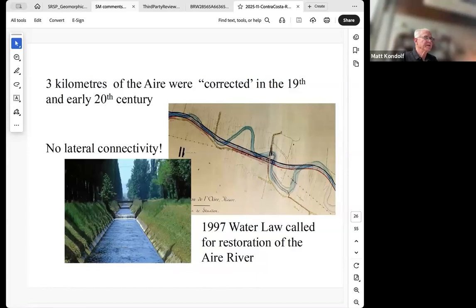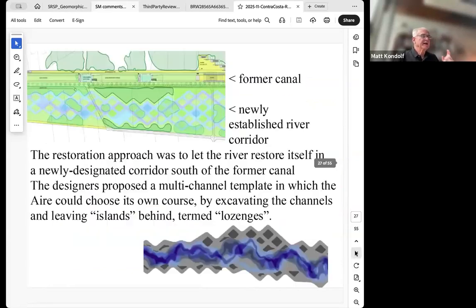So here's a view of the canal before the restoration project. The 1997 water law for the Canton of Geneva called for the restoration of the Air River, but it didn't say exactly how that was to be done. There were a lot of proposals, and most of them involved obliterating all trace of this canal and putting in big meanders. The approach that was selected came from a group called Superpositions, led by Georges